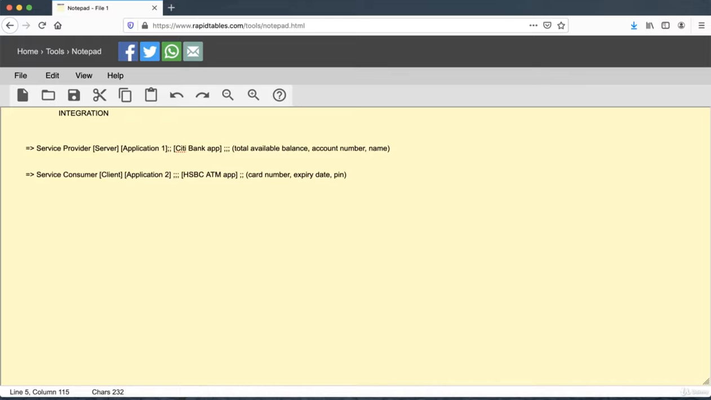This is one example of integration where HSBC ATM app is integrated with Citibank app so that Citibank account holder can withdraw money from HSBC ATM. So integration is involved everywhere. And what is going on is HSBC ATM app is making a request. Okay, so here